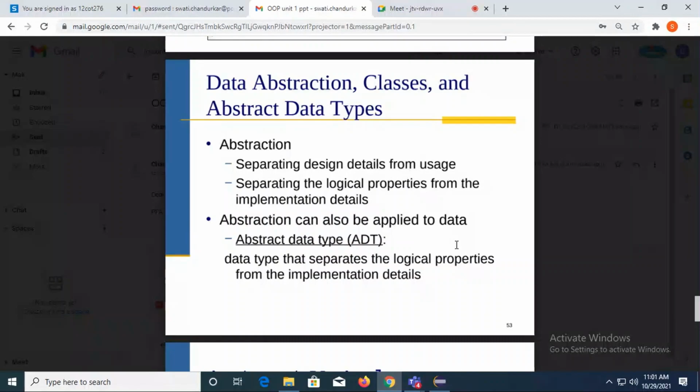The answer is yes, because it separates the logical properties from the implementation details. Here, information hiding is implemented in the class, and that's why class is an example of abstraction, and class is itself called an abstract data type.